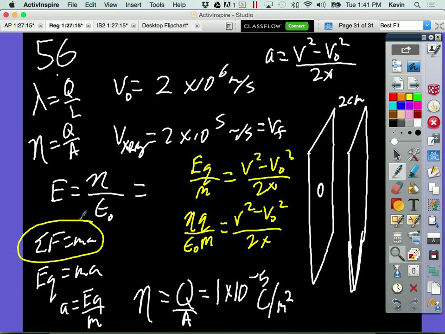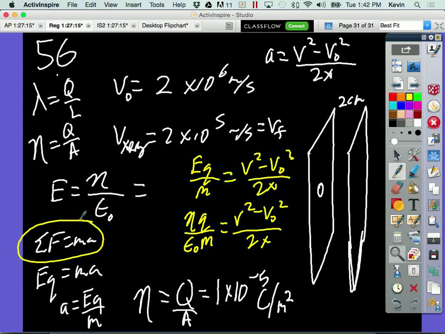Hopefully we're always doing that now, but I'm going to try to use energy first, because energy can do a lot of stuff where I don't have to worry about the process. But I can't really see how to do this with energy, because we haven't talked about energy stored in electric fields yet, right? We've just talked about force and that sort of thing. So I can't use energy, but we have talked about force in electric fields,